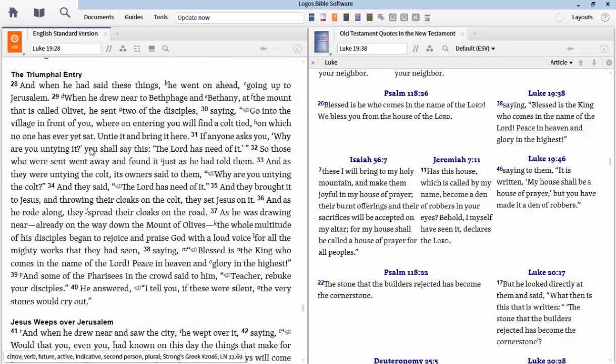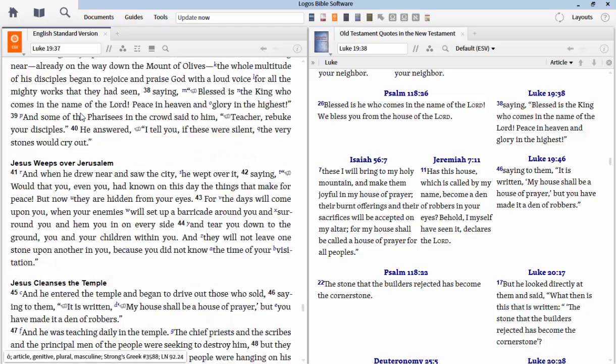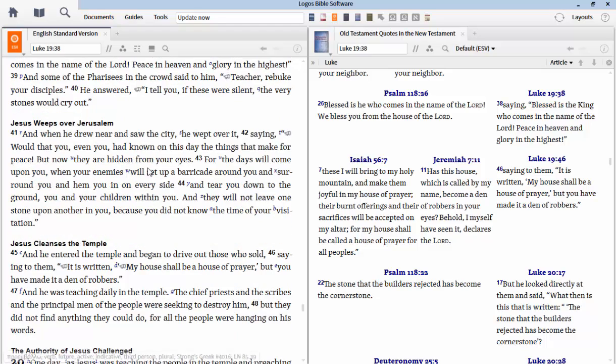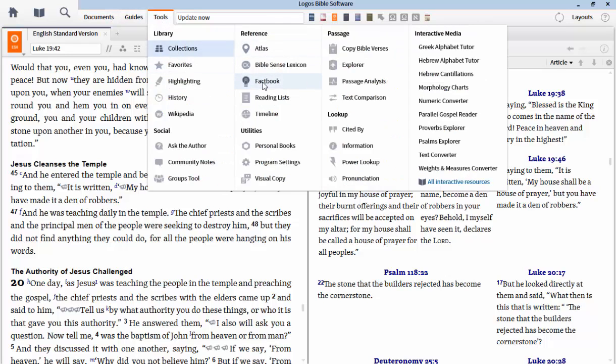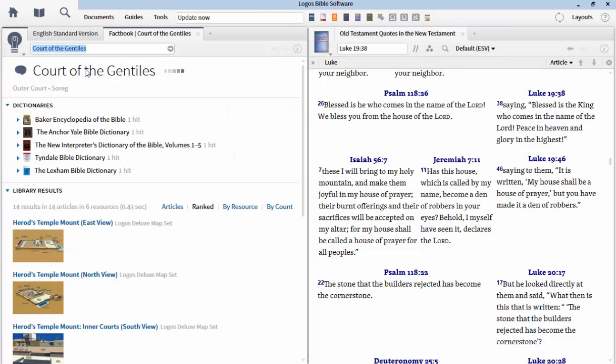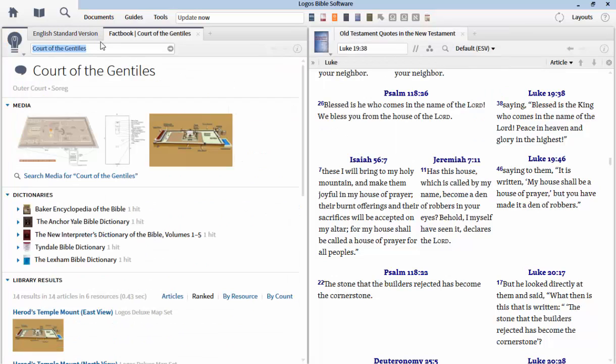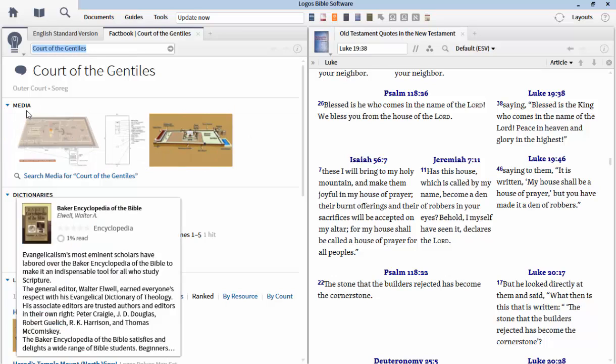So let's go back to Luke 21. After the triumphal entry, you have Jesus weeping over Jerusalem, and then Jesus cleanses the temple. If you open the fact book, it's under tools. You have a fact book, and if you type in court of the Gentiles, you'll get up some images here. So open the fact book under tools, type in court of the Gentiles, and you will see several interesting media,